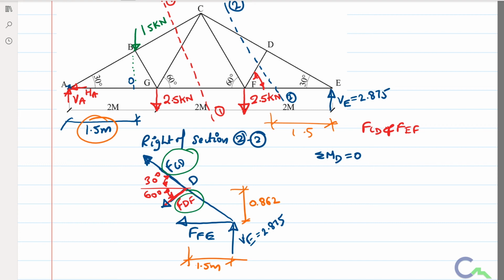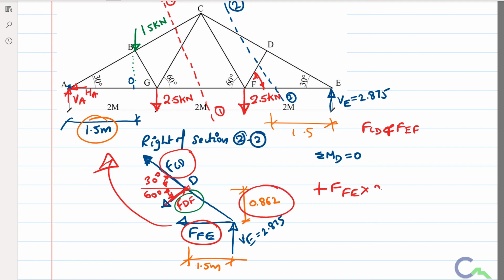First force I am going to consider is FCD. It is passing through D, so it is not going to rotate about D. In the same way FDF is also passing through D. Then the remaining force is FFE. If I apply FFE about D, it is going to rotate in clockwise direction. Therefore FFE into the perpendicular distance, which is